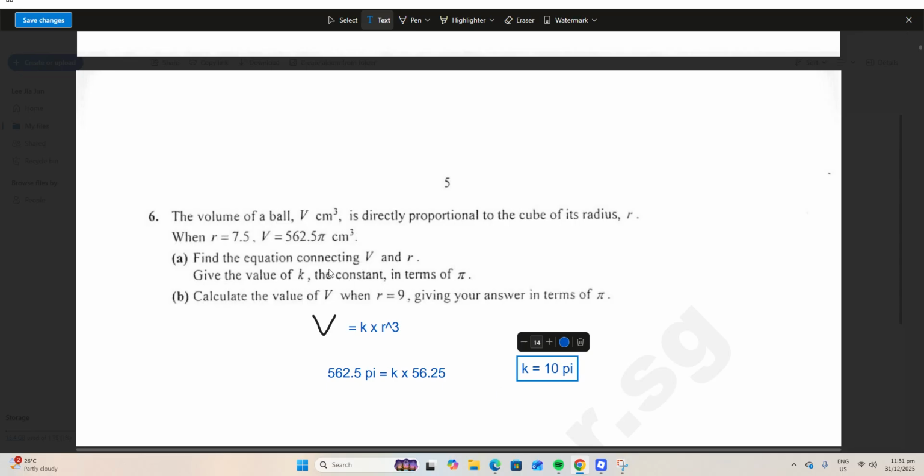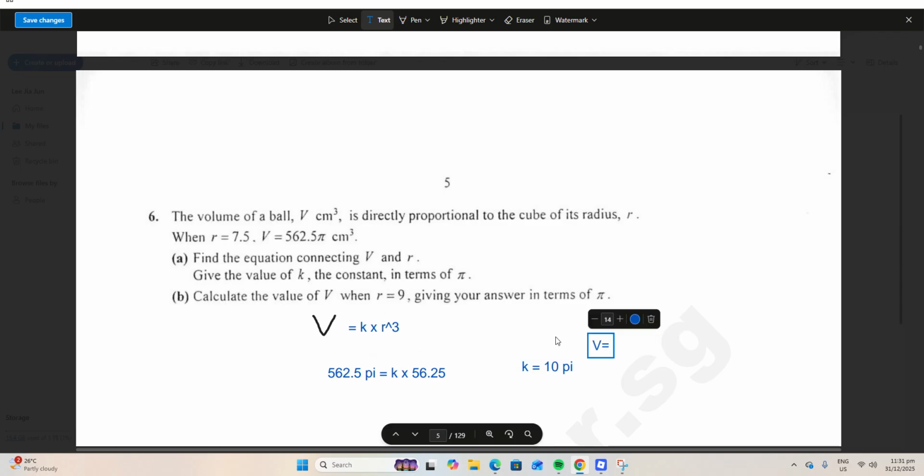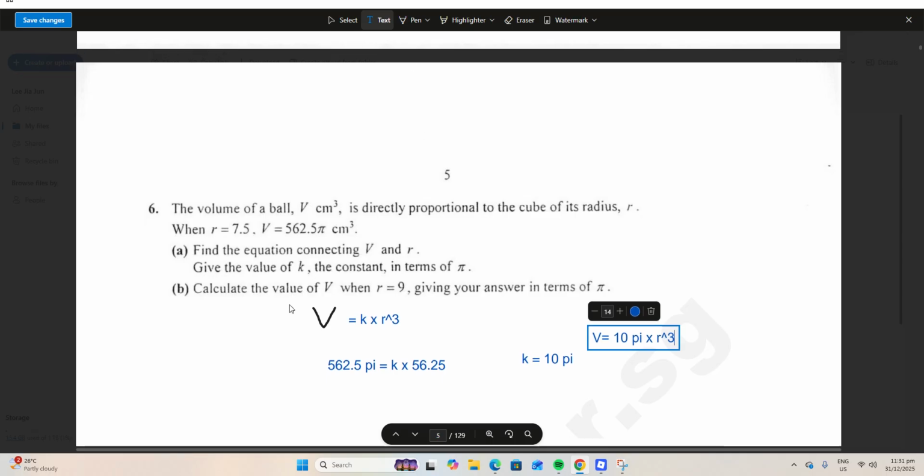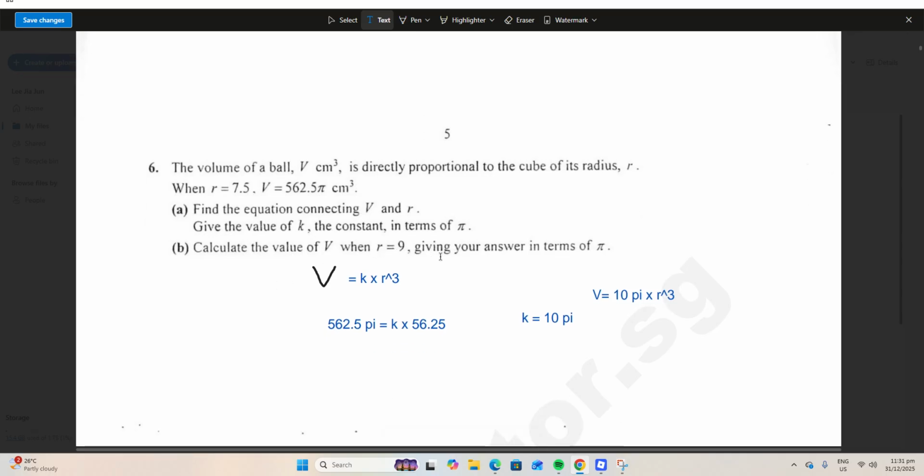So we find the value of k. In other words, I can complete the equation by finding k. My equation is V equals 10 pi times r cubed. Okay, we can find the constant already. Now calculate the value of V when r is equal to 9. So when r is equal to 9, just sub in 9. So when r equals 9, 10 pi times 9 cubed should give me